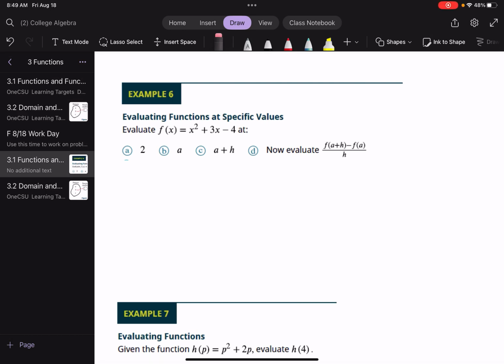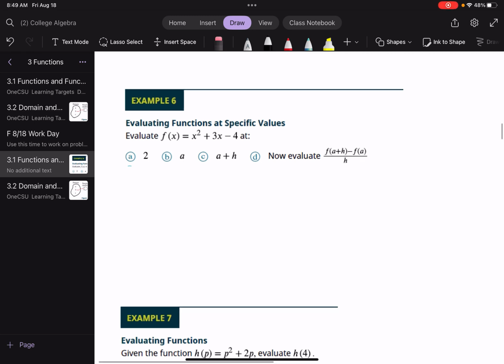All right, so I wanted to go over a couple examples from section 3.1 about functions and function notation. So one of the things to understand when we're looking at an example like example 6, where it's asking us to evaluate the function, that is, given a certain input, what does the function look like? And so for this particular function named f, they display it here with the input placeholder as x, but really that's whatever input we choose or are asked